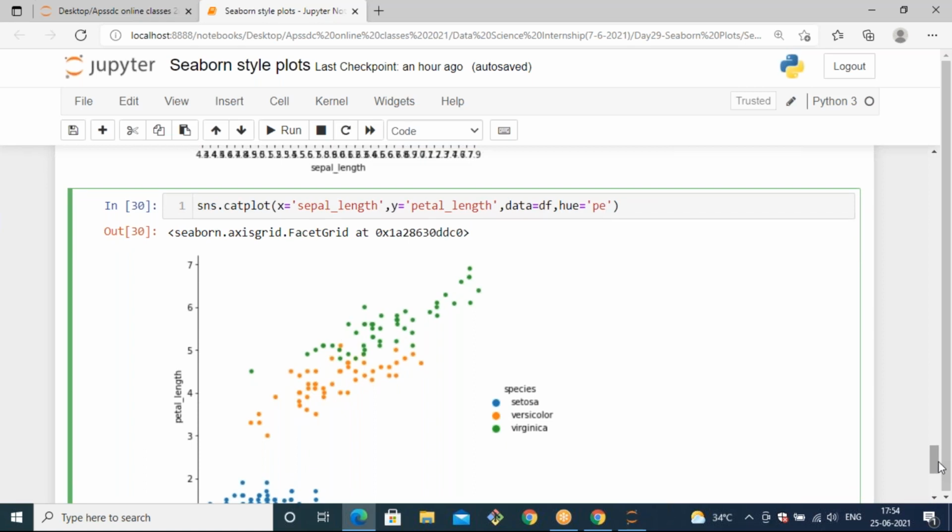If I pass the hue parameter as petal length, we already took petal length as y, but you can take the same parameter also, it's not an issue. So I'm just taking petal width as my hue parameter. Based on petal width, it will group the objects.